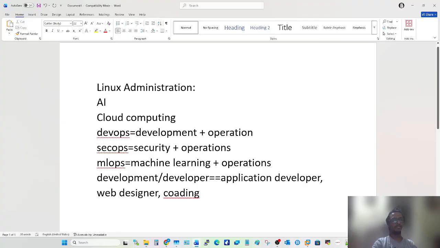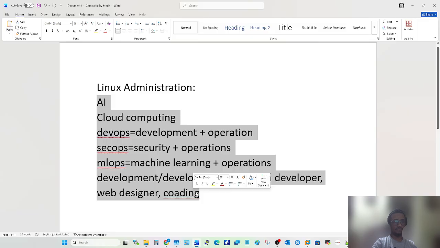Currently in the market, you can see Linux is used worldwide and for all these technologies.